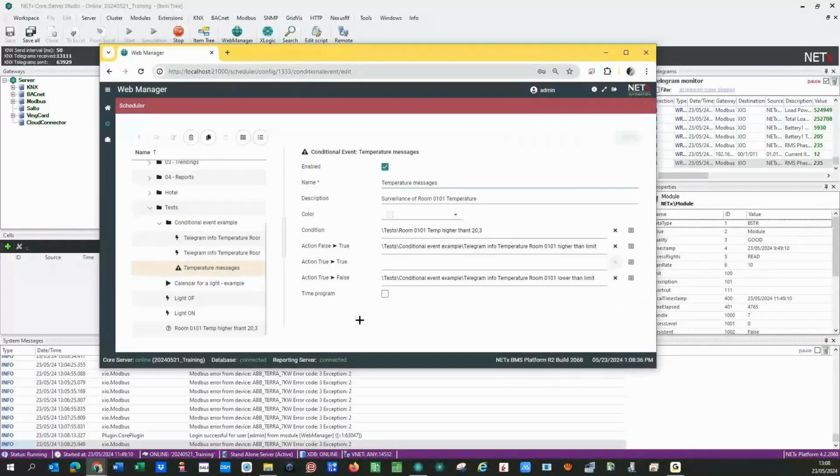The name was temperature messages, but we saw here that we could create different actions depending on what happens with the triggers of the condition. So the condition was false and then becomes true is a trigger of the condition, and we have an action that was just to send a Telegram message using the default Telegram messaging system that we have already created also. When the condition was false, so becomes from true to false, another message that told us, okay, the temperature is